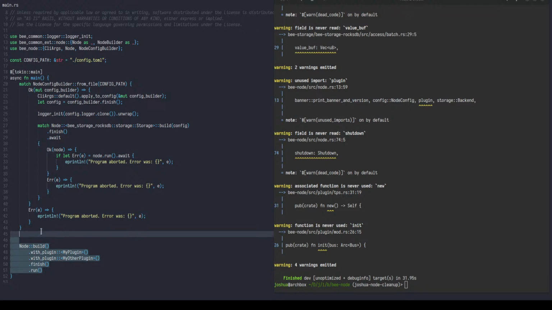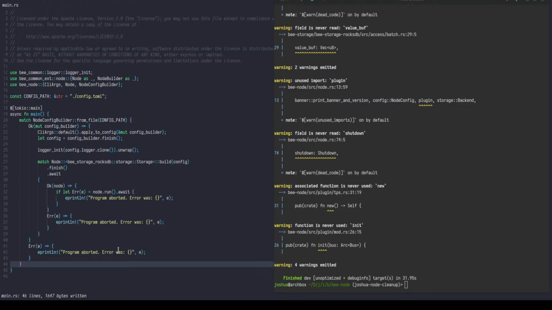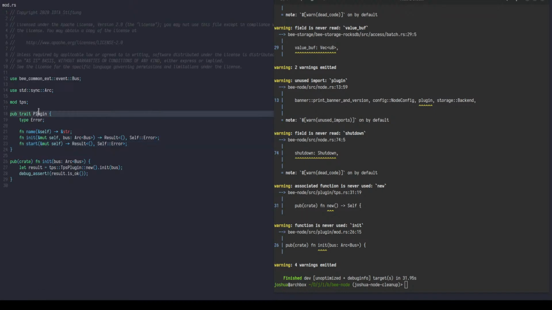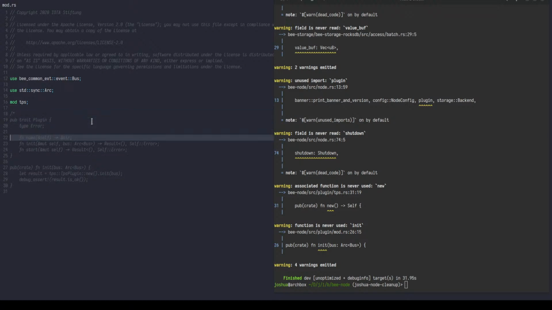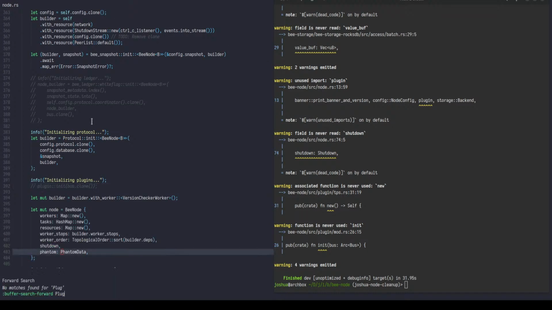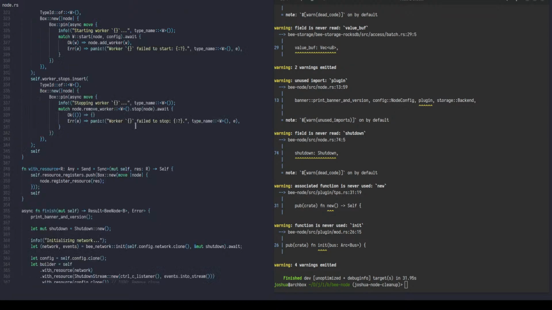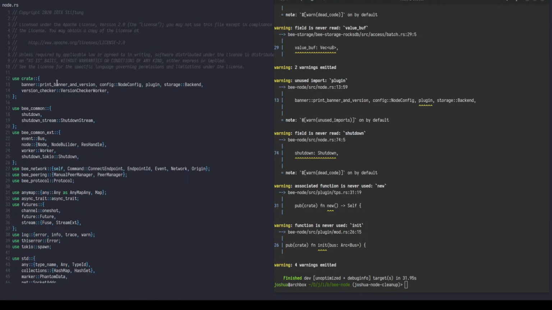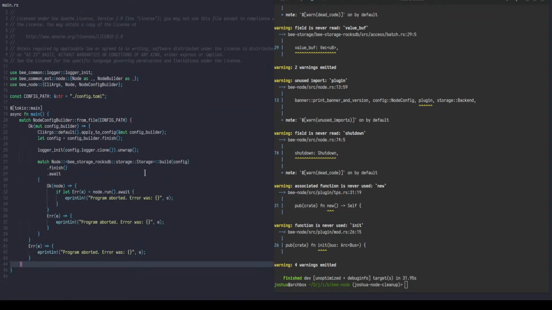So the first thing I'm going to do here is I'm going to go into the plugin code. I'm going to comment this out for the moment because I don't think it's what we want to be working on right at the moment. Let's just remove the import. I think it was removed actually. Yeah, we import a plugin, but we don't actually use it. Okay, so